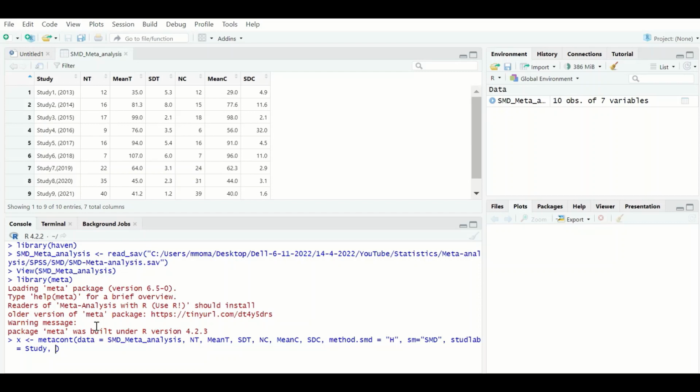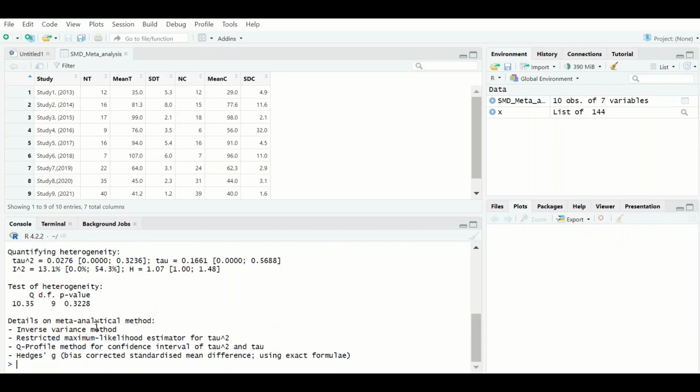And for the effects model, I'm going to use the random effects model by typing random and then give it a T for true, and the fixed will be false for F. And if I hit enter to view the output analysis, just type X, enter, and as shown